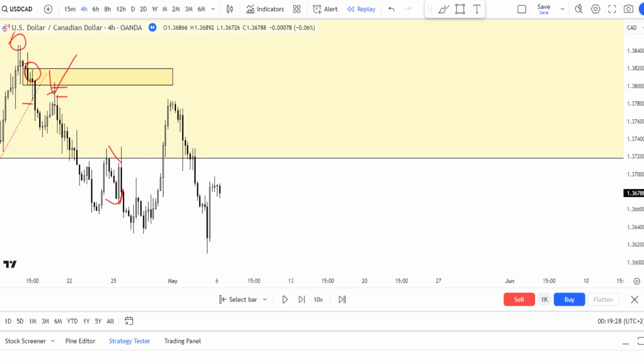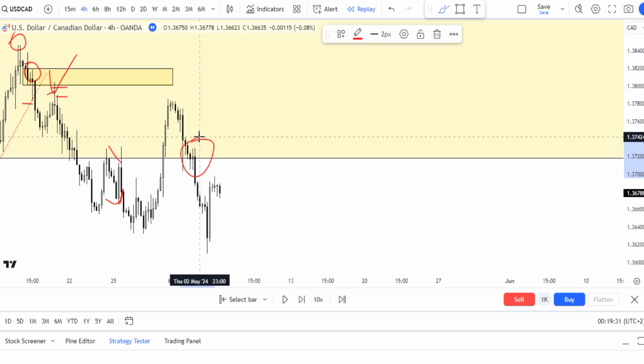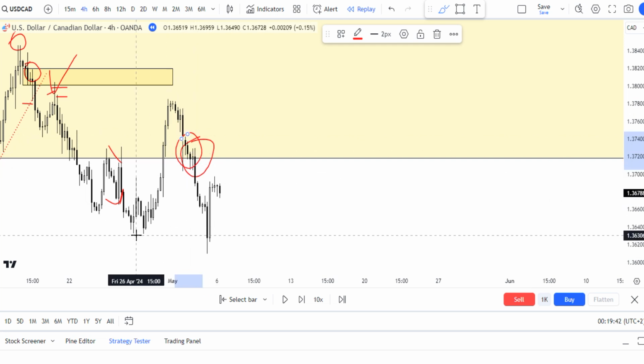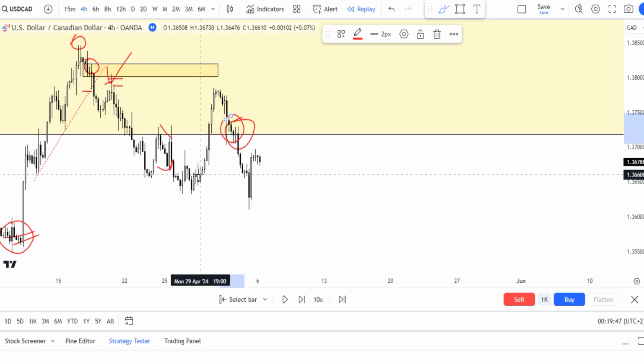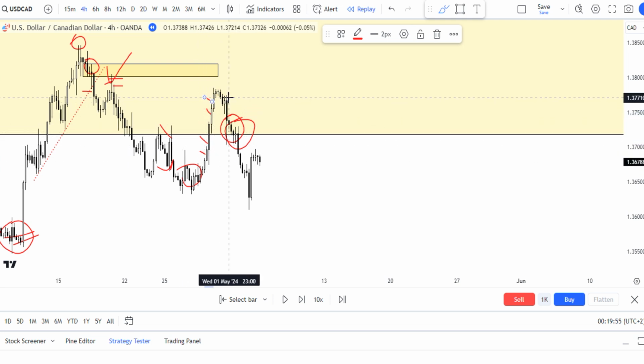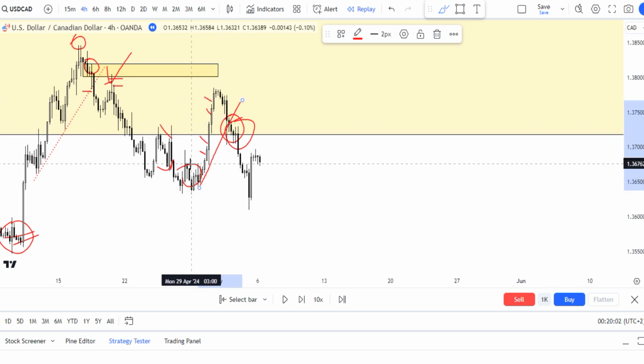Now you can say this is an imbalance. No, this is not an imbalance. It did not achieve anything. These candles here did not achieve anything. They did not remove any opposing direction imbalance. For example, this move here, you might say this is an imbalance, a strong move to the outside. No, this is not, because even though this impulse looks like an imbalance, it did not